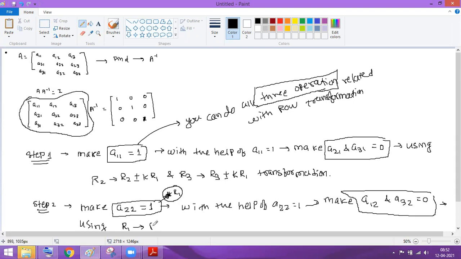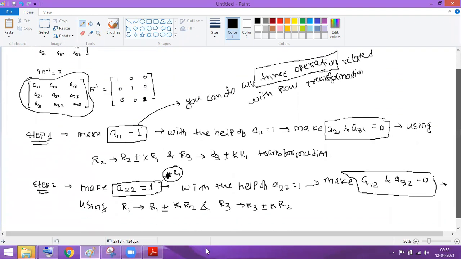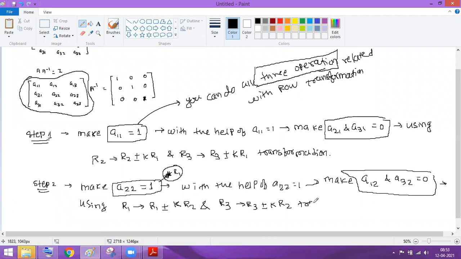So R1 tends to R1 plus minus k times of R2, with the help of R2. And R3's element should be 0, so R3 tends to R3 plus minus k times of R2. Okay, this is the second step transformation. Now step 3,